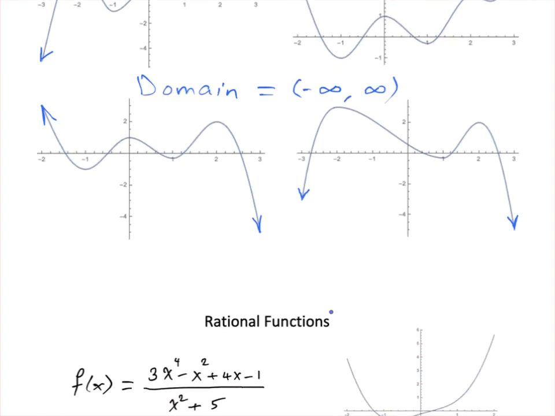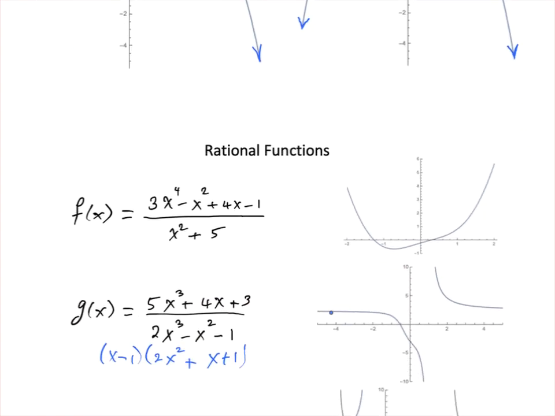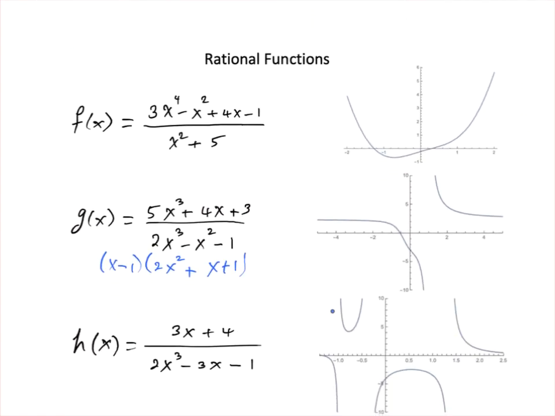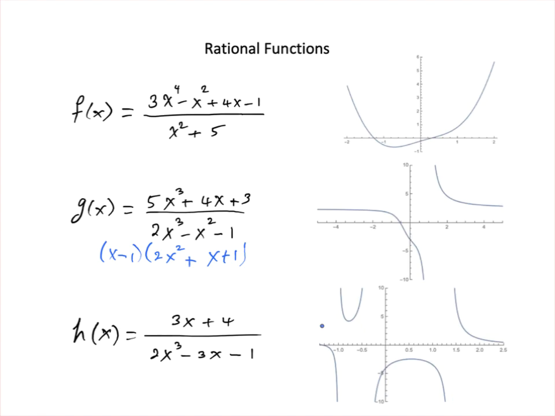So now let's look at some rational functions. That is the subject of this lesson. Here there are 3 examples. A rational function, again, is a ratio of two polynomials. Here, for example, f has a polynomial of degree 4 in the numerator, and the denominator is a